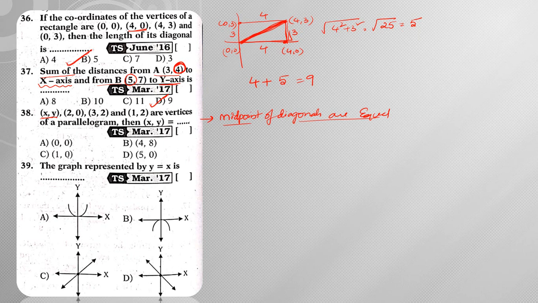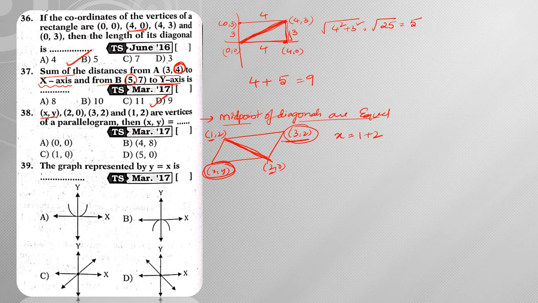Now let us see. Draw the parallelogram first. So x, y, and this is 2, 0, this is 3, 2, and this is 1, 2. Whenever you want this, what you should do is add these 2 vertices and subtract the opposite one. x, y's opposite one is this, right? So first of all you need to add these 2 vertices and subtract the corresponding opposite vertex of x, y. Then what am I going to get? I can write x is equal to, what is the x coordinate here?